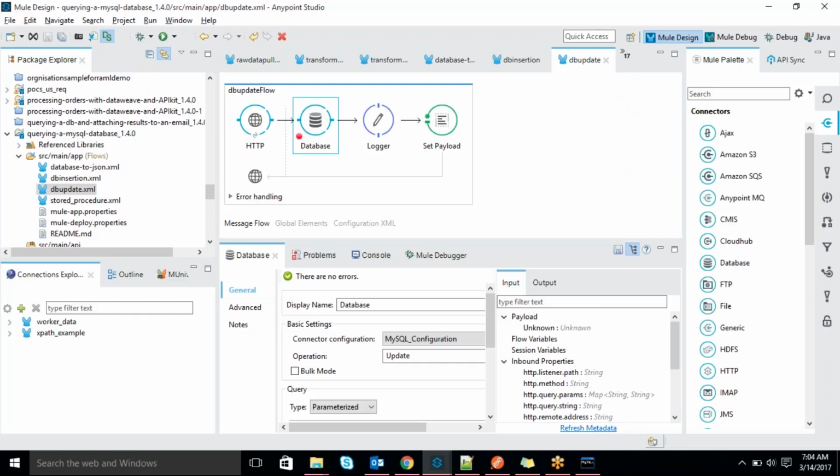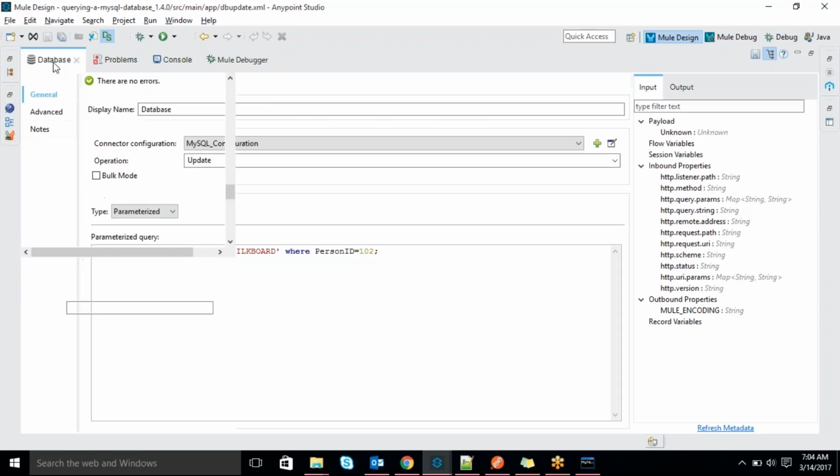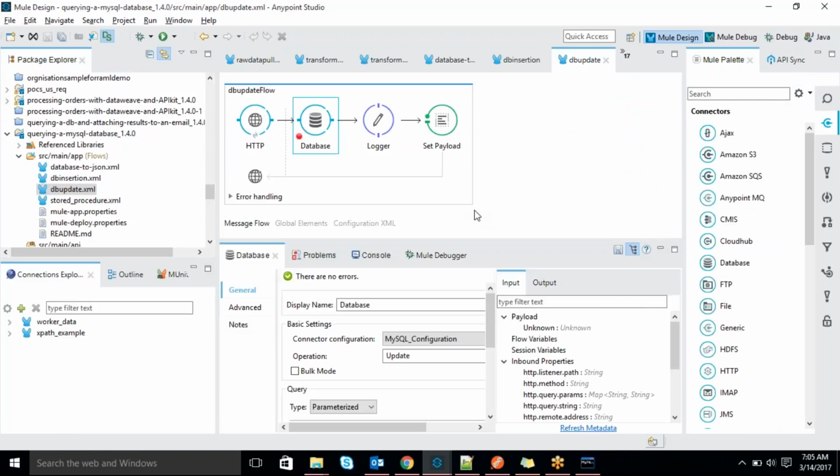Here, a bit more complex is the stored procedure actually. People prefer stored procedures. Why? Because in the DB, people create some procedures. A procedure is nothing but a combination of multiple tables. You can write the logic and then get that information. For that we have to use procedure calling, the stored procedure. We'll discuss that one also.